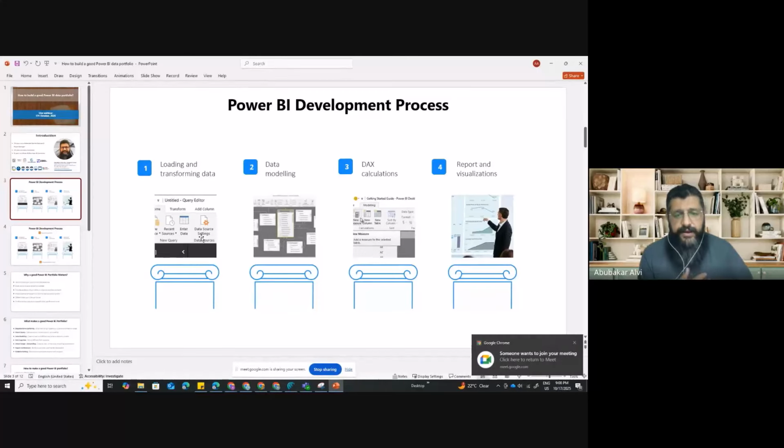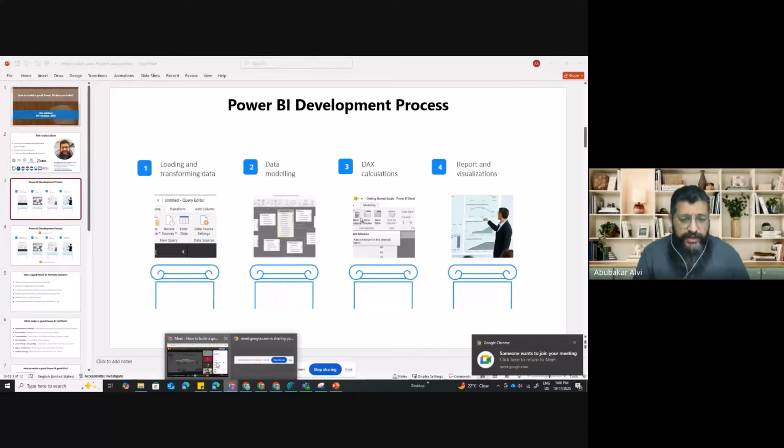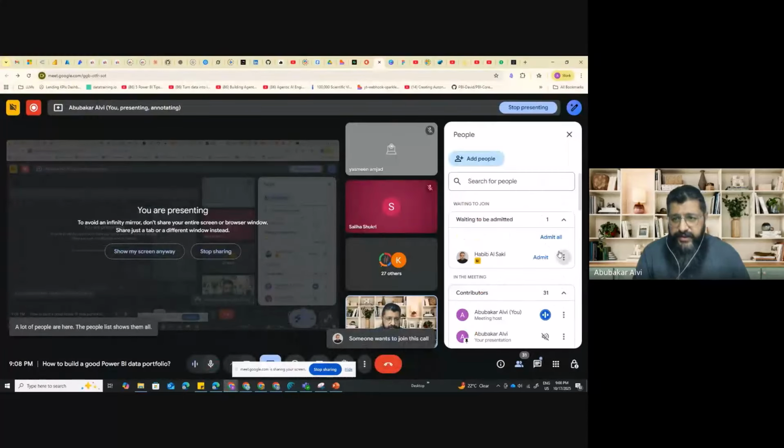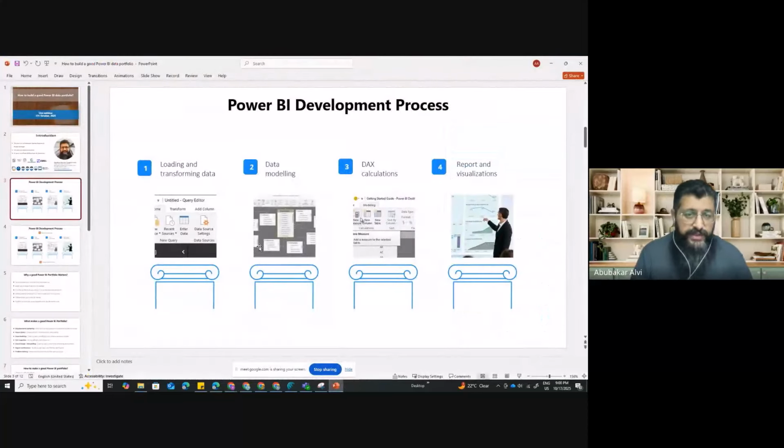Firstly, as a trainer, as a co-trainer on my courses, and then as a full-time Power BI developer for the last almost 1 year. So maybe you can ask her questions. She would be more than happy to answer. But why I have brought her is because she's a person whom I have followed very closely for the last 2 years, and her portfolio I would be taking as a reference, to see what are the good things that are there in her portfolio, and probably what extra things need to be done on top of whatever is there,